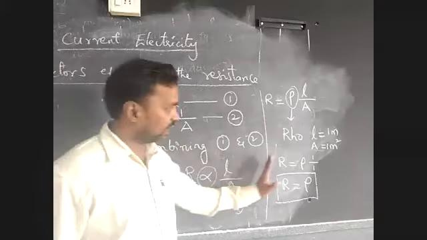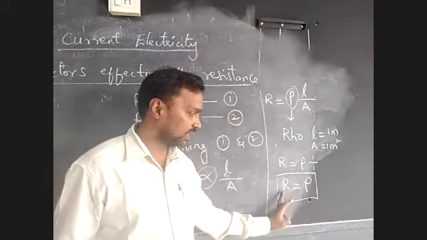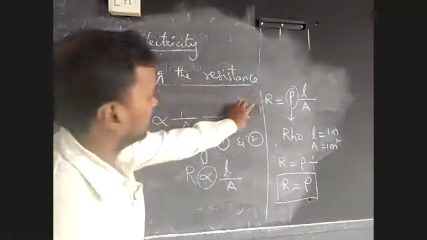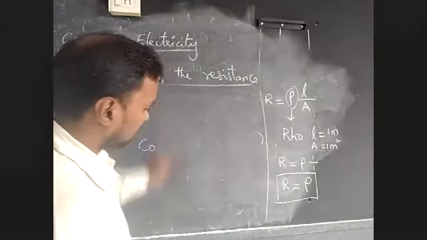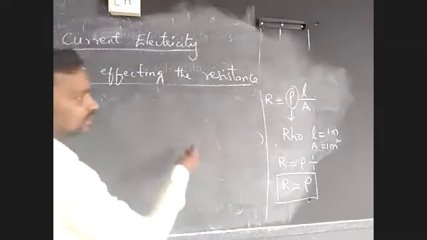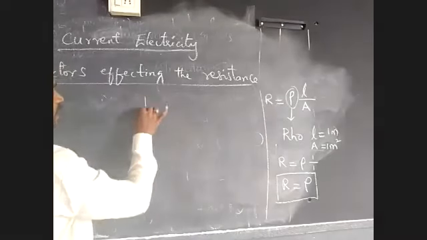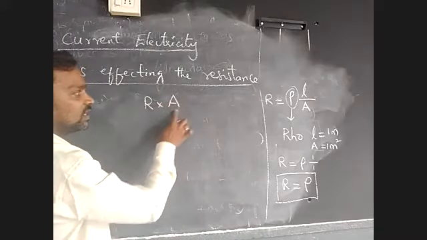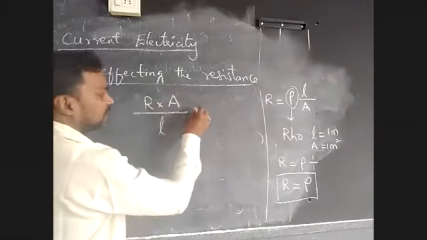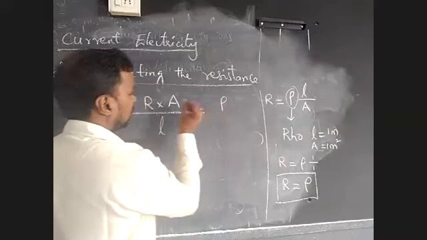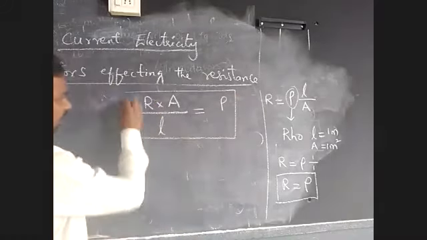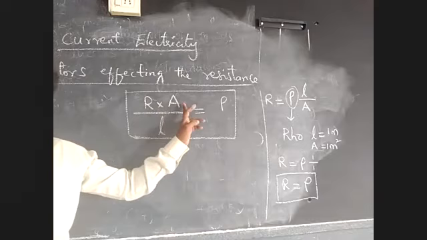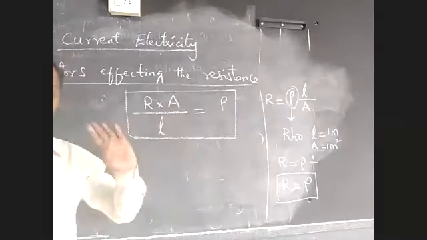So after taking this one, this is electrical resistance R is equal to rho. Rho is nothing but specific resistance. If I want to make rho the subject, if I want to find the specific resistance, I will write R into A, meaning resistance of the conductor into area of cross section of the particular conductor, divided by length. That is equal to rho. So specific resistance of a conductor is given by rho is equal to resistance of the conductor into area of cross section divided by length of the conductor.